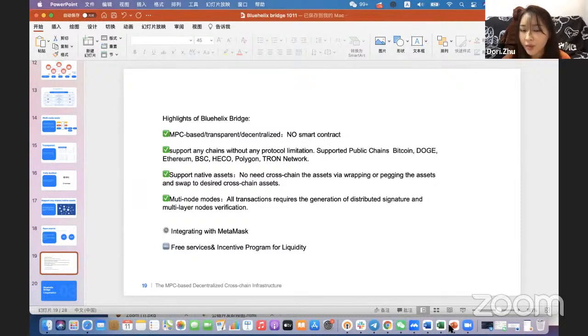For now, we support 7 public chains such as Polygon, and we will support more chains and layer 2 chains later, such as Near, AVAX, Arbitrum and Fantom.